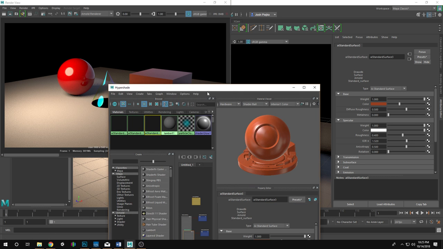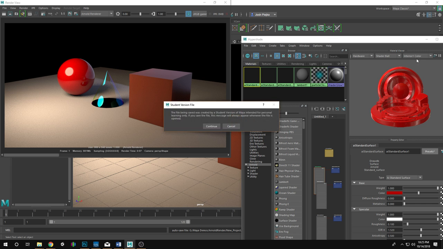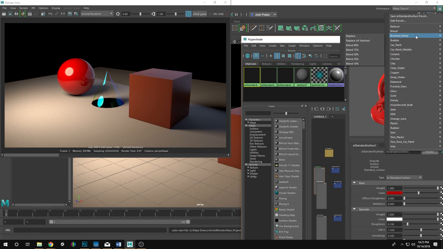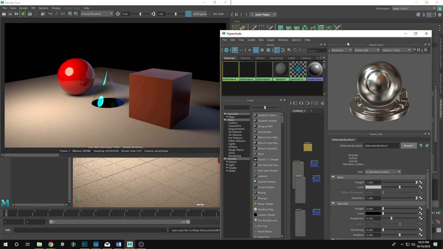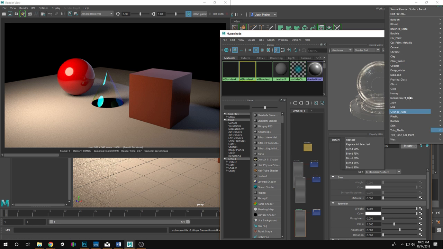So I have these three that I've tried out. Obviously blood is probably something we shouldn't be using for our default stuff. I'm going to turn the sphere now to brushed metal, and you can replace it or you can blend this. I'm just going to use replace for now. That's a whole other discussion. So now the sphere is brushed metal, and I'm going to change my cylinder from being a bubble to some car paint,